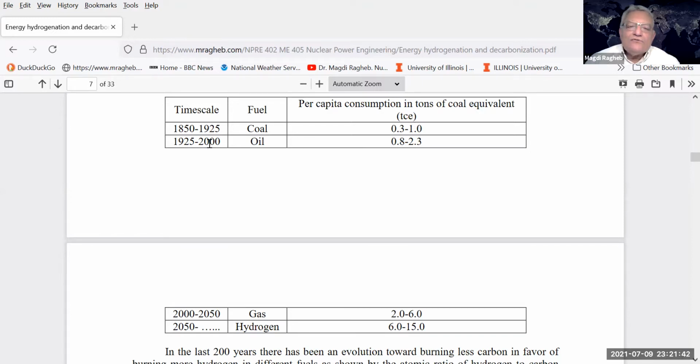In the 1925 to 2000, with the advent of transportation, the use of automobiles and vehicles, that has doubled to 2.3 as a maximum of per capita consumption of ton of coal equivalent. So each one of us per year uses about 2 tons of oil or 1 ton of coal for our parents and grandparents. From 2000 to 2050 today, there is more of a trend of using natural gas. Notice that natural gas is already higher in its proportion of hydrogen, CH4, than coal. So in that case, the energy used in tons of coal equivalent has tripled to 6 tons of coal equivalent